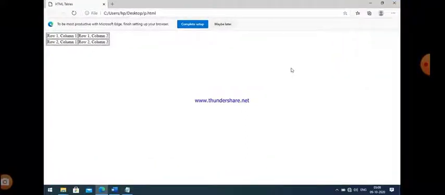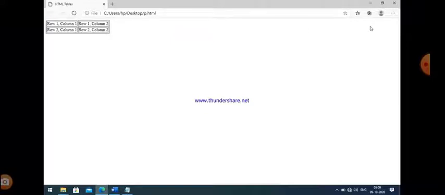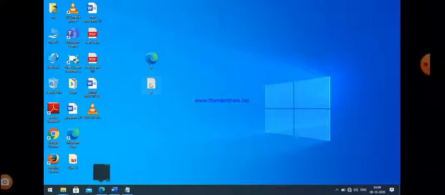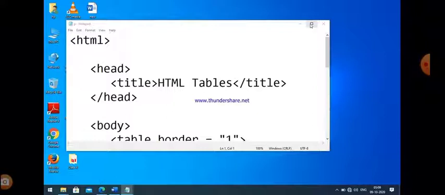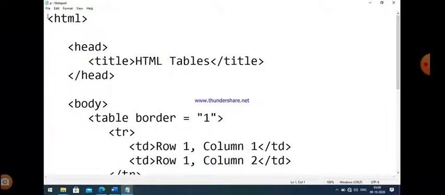That is our output, a simple table with two rows and two columns, or overall four cells. So that is a simple table with a border. If we don't define the border attribute, then the table will appear without a border. So that is our code here.